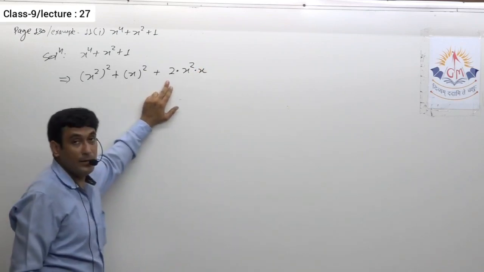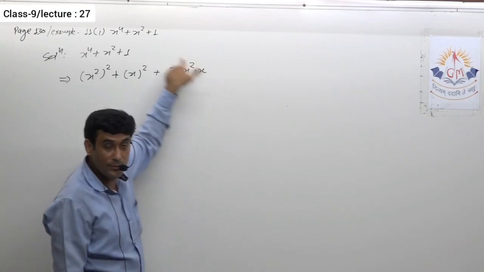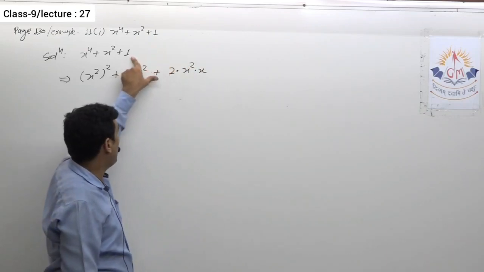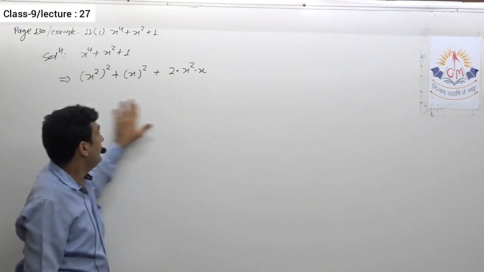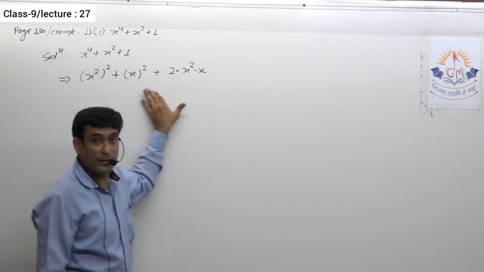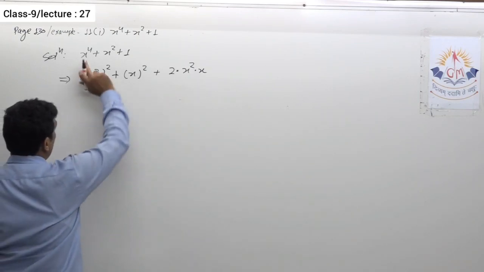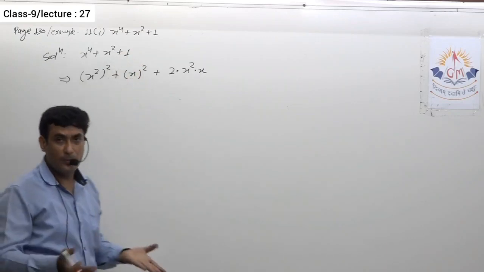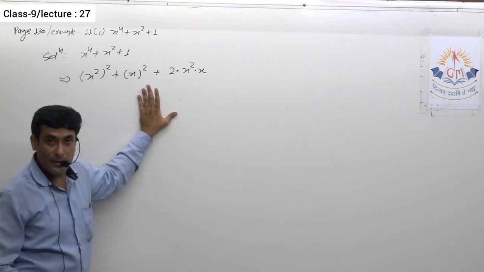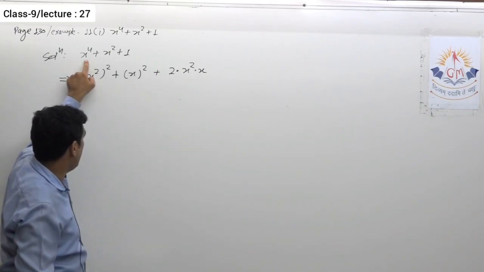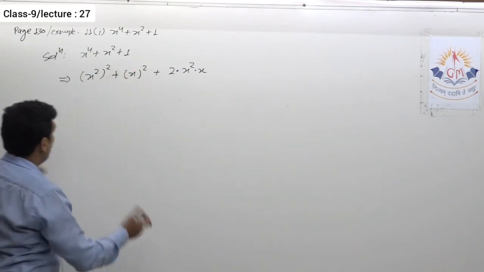Now definitely it is not the term given in the expression. Here we are getting 2x cube, which is not in the given expression. That means this is not going to fit in the identity of a plus b whole square. As I told you, there are three terms which are complete squares, so might be our selection is incorrect. Instead of this as a square and this as b square, I have to go with these two terms. So let us see.